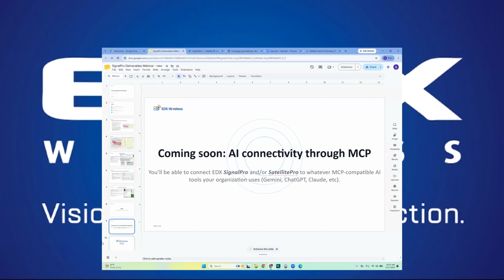Oh yeah, I was about to do my coming soon before we all jump off here. Some of these reports, we just really wish we could say to the software, hey, create a PDF of all the coverage plots in this project, or which one of these two sites covers this area better, or something like that. And EDX has been working on this in the background, and there's a beta already of